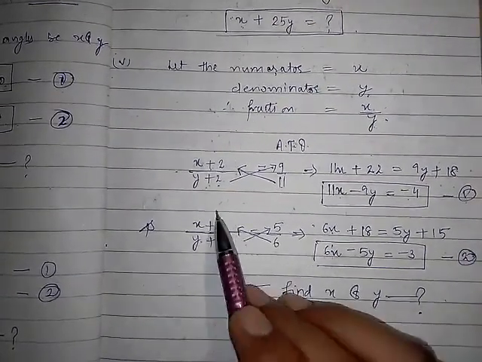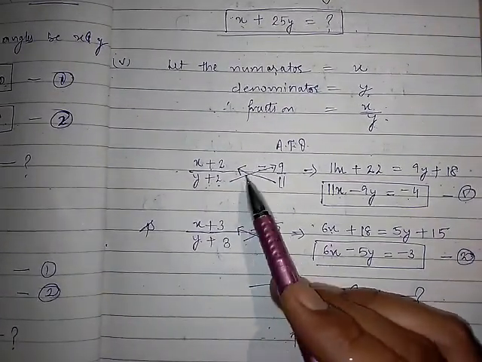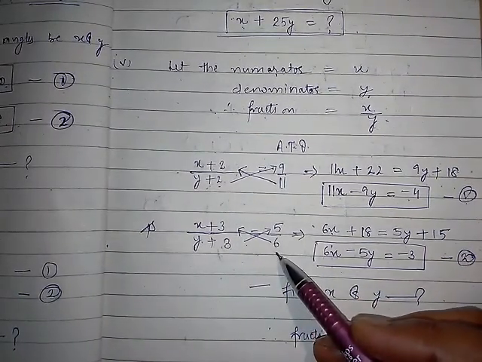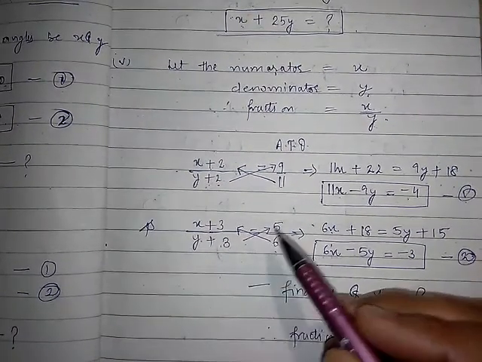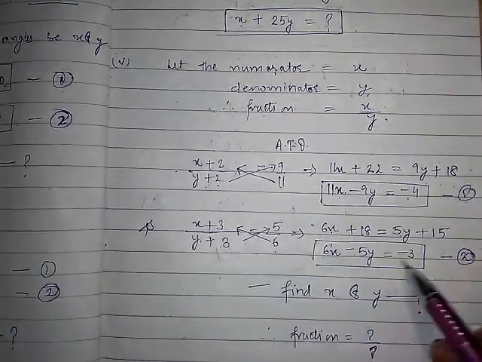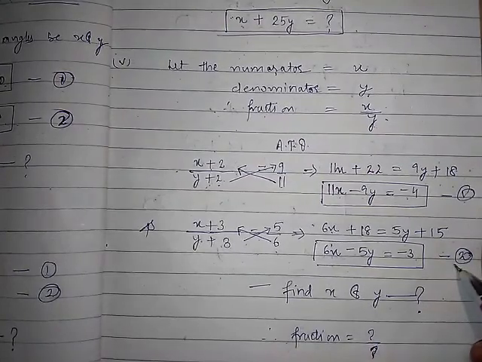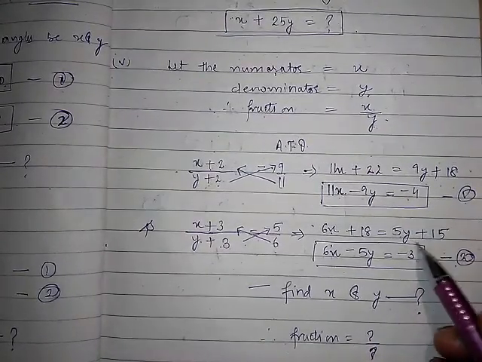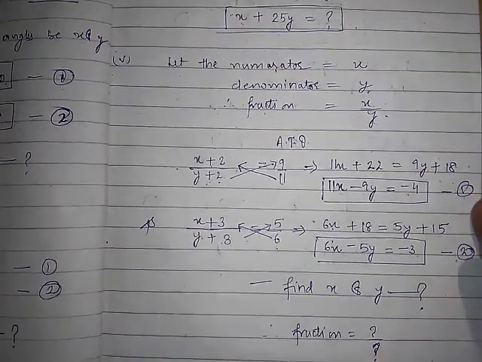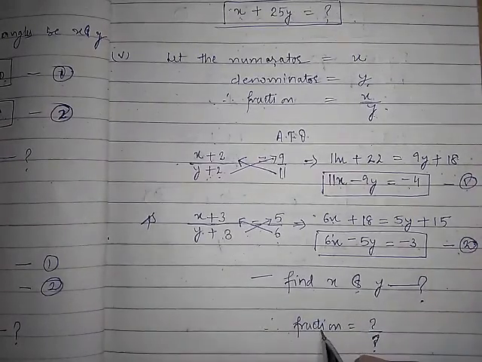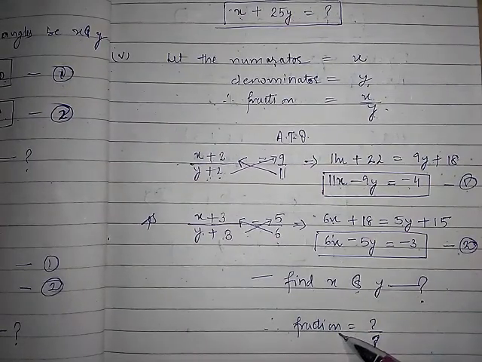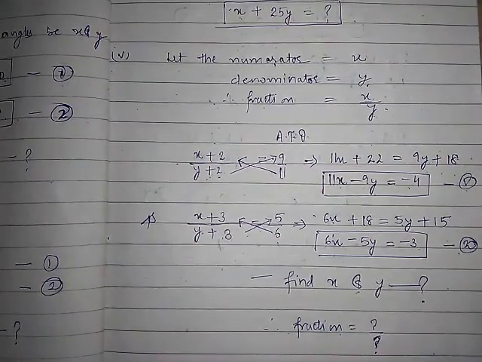Then after that the second condition, they are saying if 3 is added to both numerator and denominator, then the fraction reduces to 5 upon 6. Clearly they are saying plus 3, the fraction will be equal to 5 upon 6. After that cross multiply, you will get another equation, that is number 2. So what is left here? Only the solution of these equations by using the substitution method. Clear? And that is your job. You need to find out the value of x and y by using the substitution method, and ultimately you need to find out the fraction also. Clear? Because the question is to find the fraction.